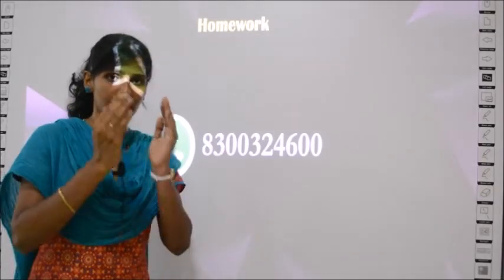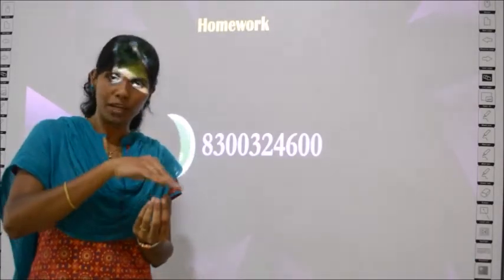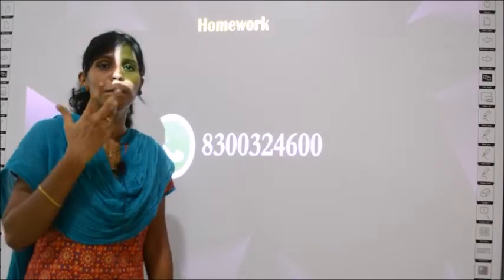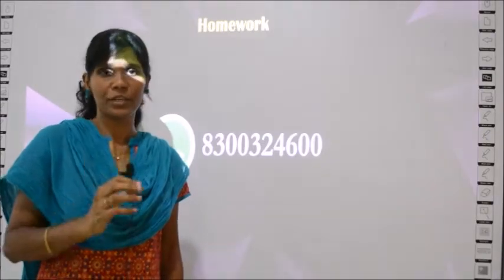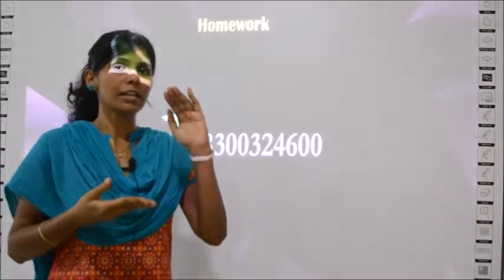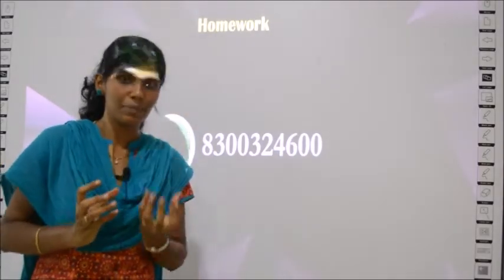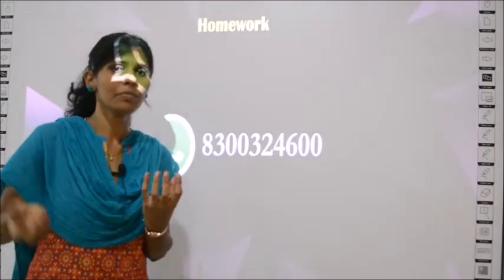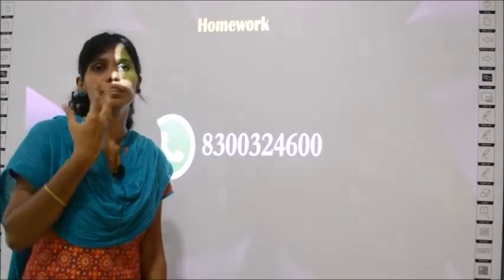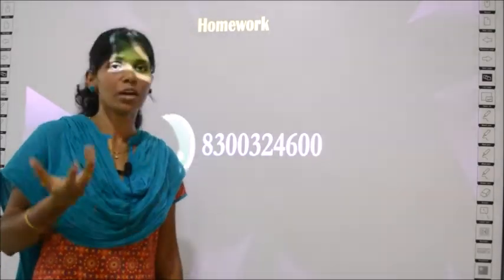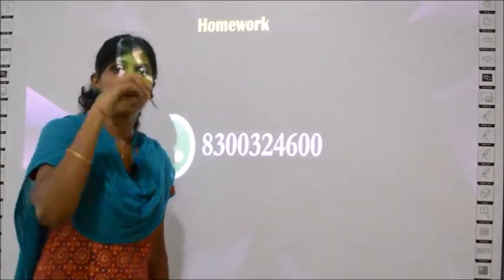What did I mean? Take a small cup or tumbler or something, put water in it and add a few drops of blue ink or red ink or even food color. You can add some colored solution. So what you need: take a small stem from a plant, cut it, and take a tumbler at home, add some water in the tumbler and put some color into it, either a few drops of blue or red ink, or if you have food color you can add that.